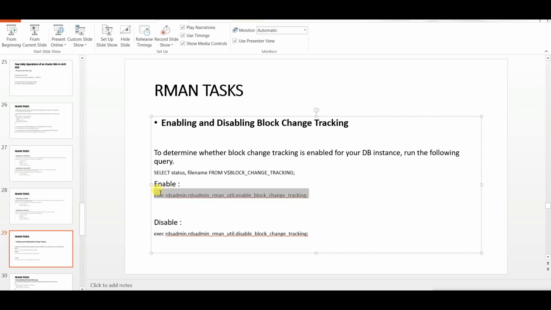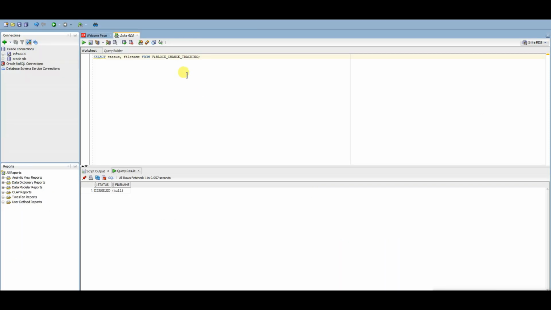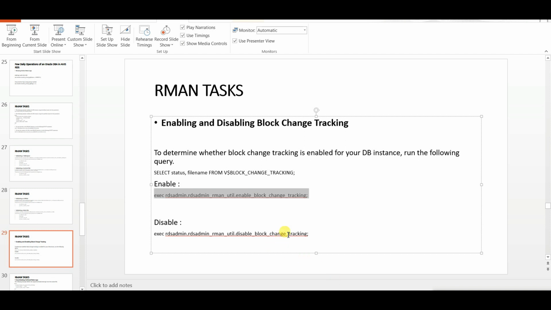So let me enable it first. So this is enabled, so the status should change to enabled right now, and it is. The block change tracking is enabled. Right now, how do we disable it? In the enable command, you should replace enable with disable and run the command.